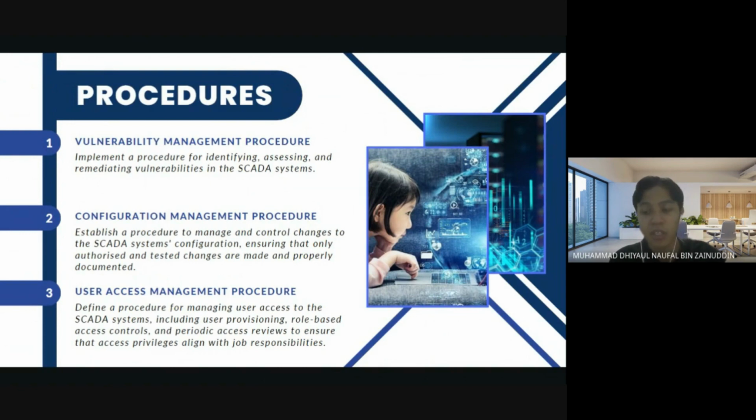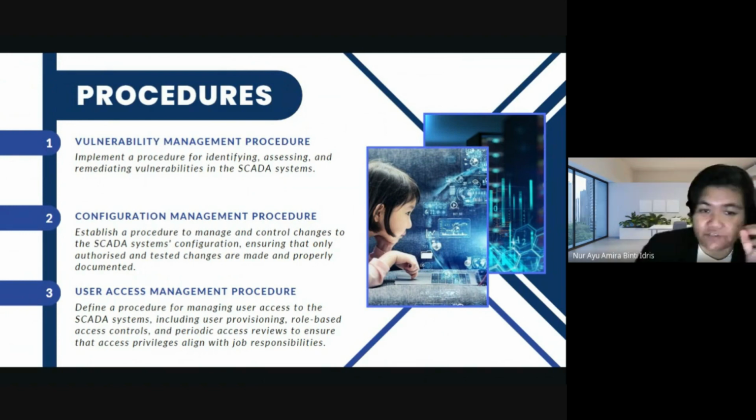So to reduce security risk, high-risk vulnerabilities are addressed first. Tracking vulnerability repair progress and applying patches or updates is also part of the process. An organized vulnerability management approach can reduce exploitation risk and improve SCADA system security. Next, I will pass to Ayu.